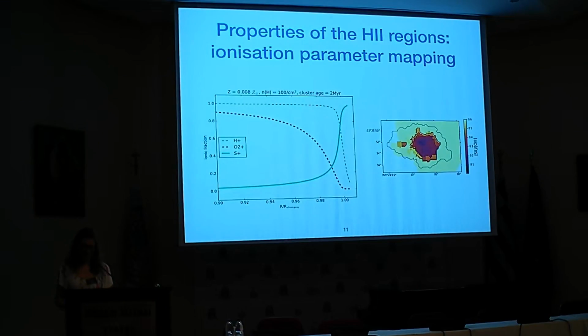Once we have obtained our sample of H II regions, we study the ionization structure of these regions using ionization parameter mapping, which was very well explained yesterday by Monica Relaño Pastor. Essentially, this uses the ratio of two ions that populate different regions of the nebula to study the optical thickness of the nebula. And here I'm showing a model that we have run with Cloudy for conditions similar to